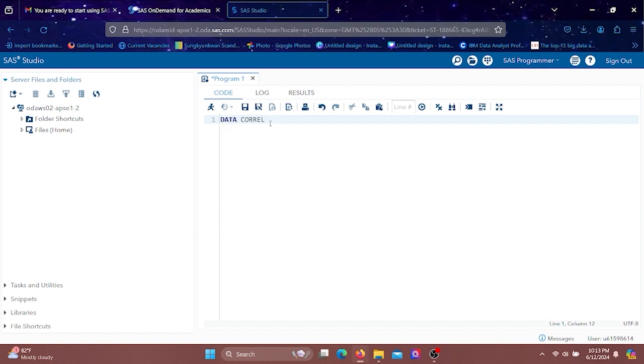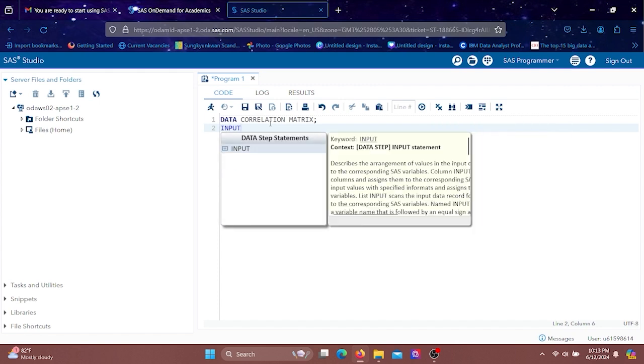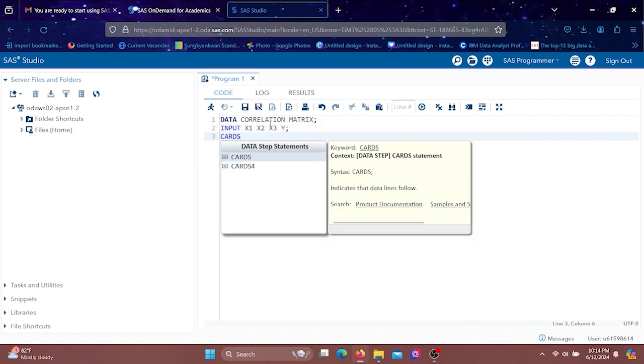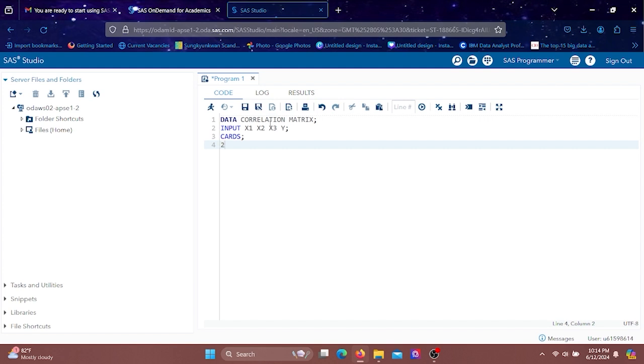Type data, then type correlation matrix and put semicolon. You can use any name for your dataset. And then type input, then type your variable names. So I will put it like x1, x2, x3 and y, put semicolon, and then type cards and put semicolon,